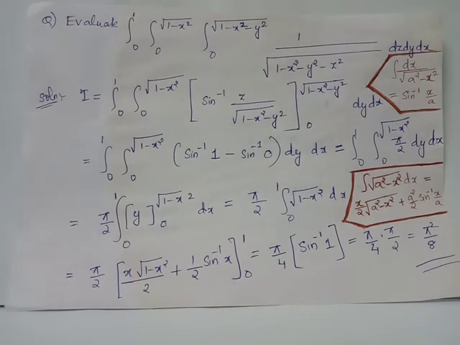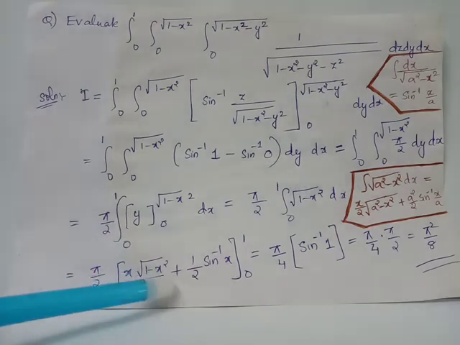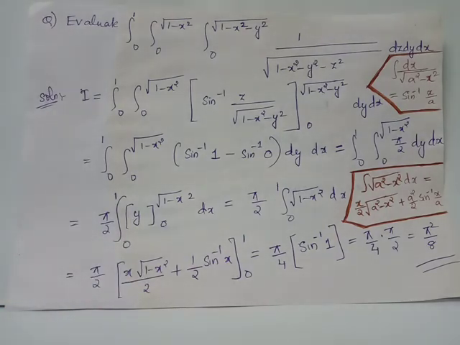Notice that when you carry out integration with respect to y, we will treat x as a constant. Upper limit application minus lower limit application here will give us the integrand root of 1 minus x square, which has to be integrated with respect to x. We have the formula: integral root of a square minus x square into dx equals x by 2 root of a square minus x square plus a square by 2 sine inverse x by a. This formula, when applied over here, taking a equals 1, we get this expression, to which we have to give upper and lower limits of x.